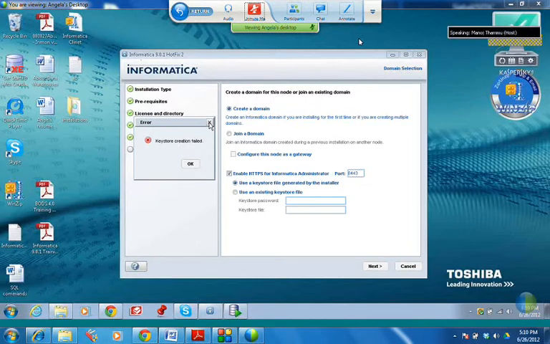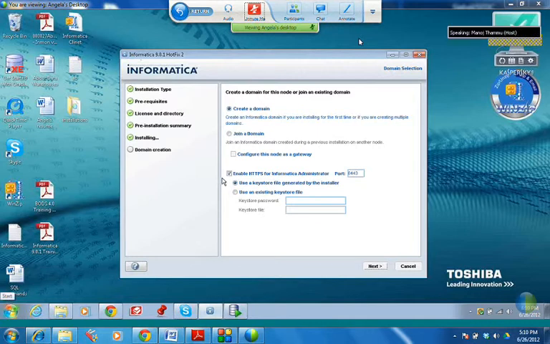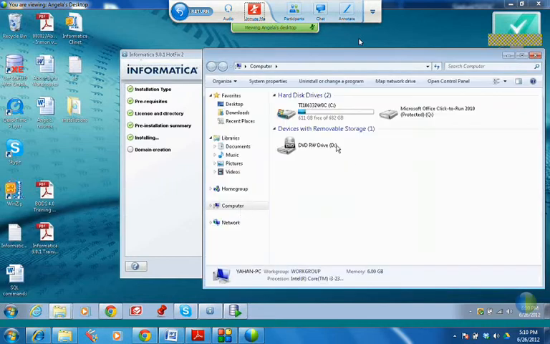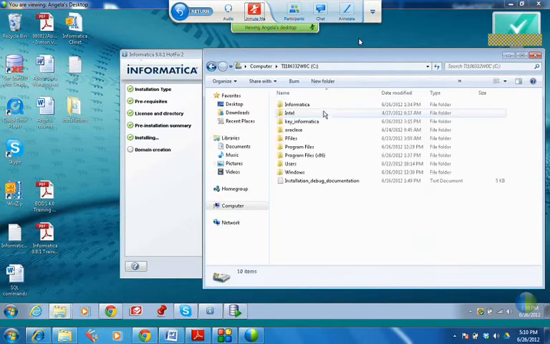Can you click on this close button here? Yeah, this one. And can you go to My Computer? Okay. And where did you put the Informatica file, that license file?